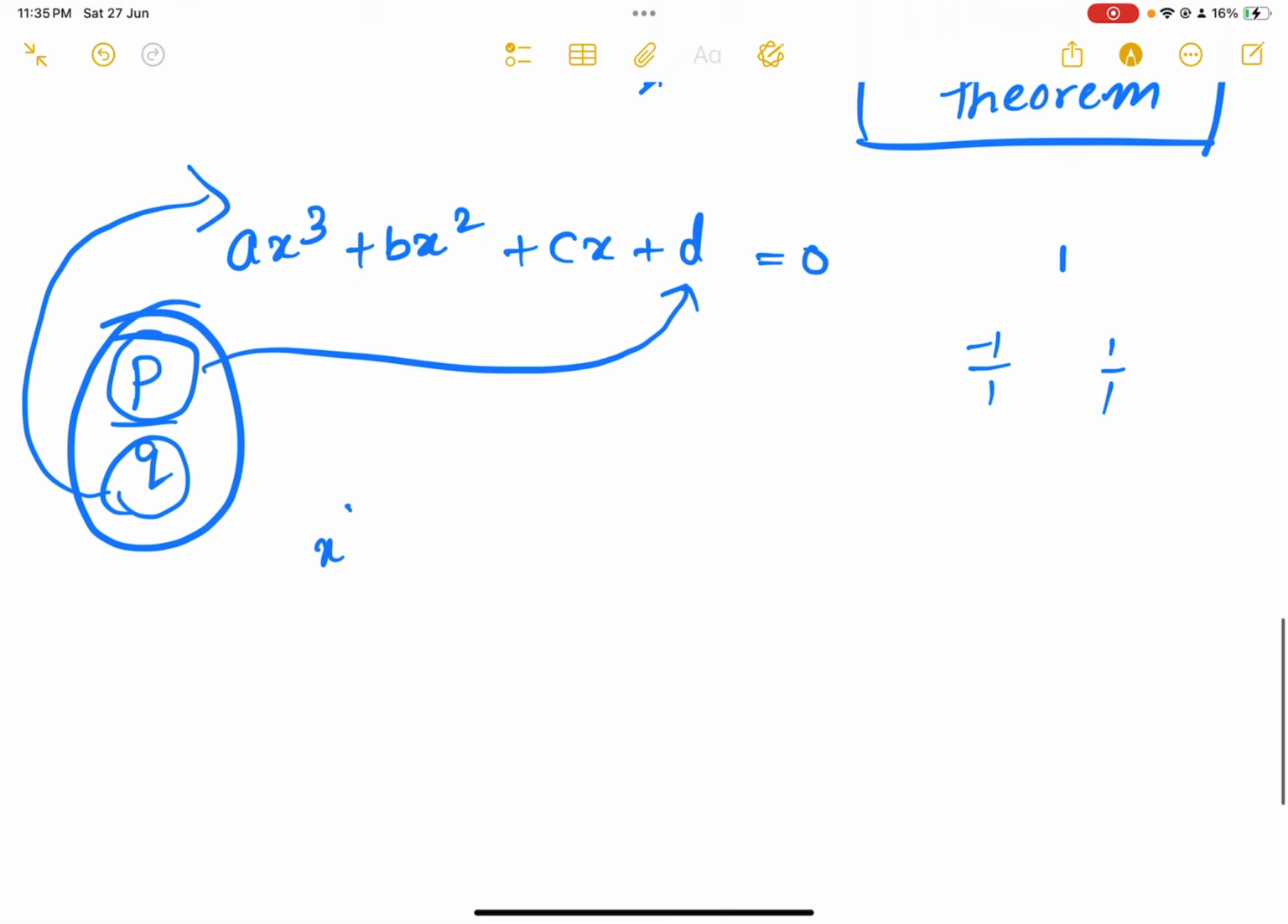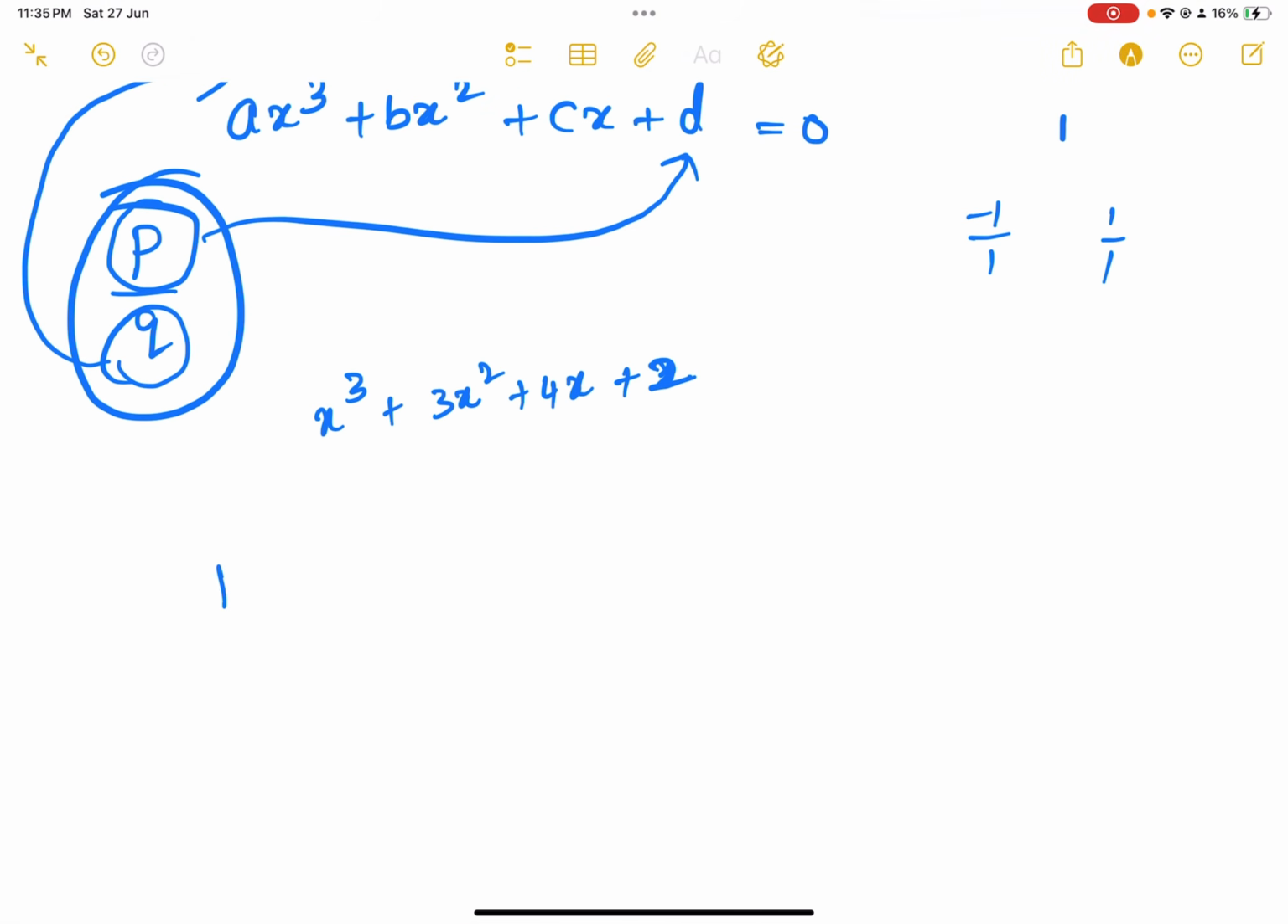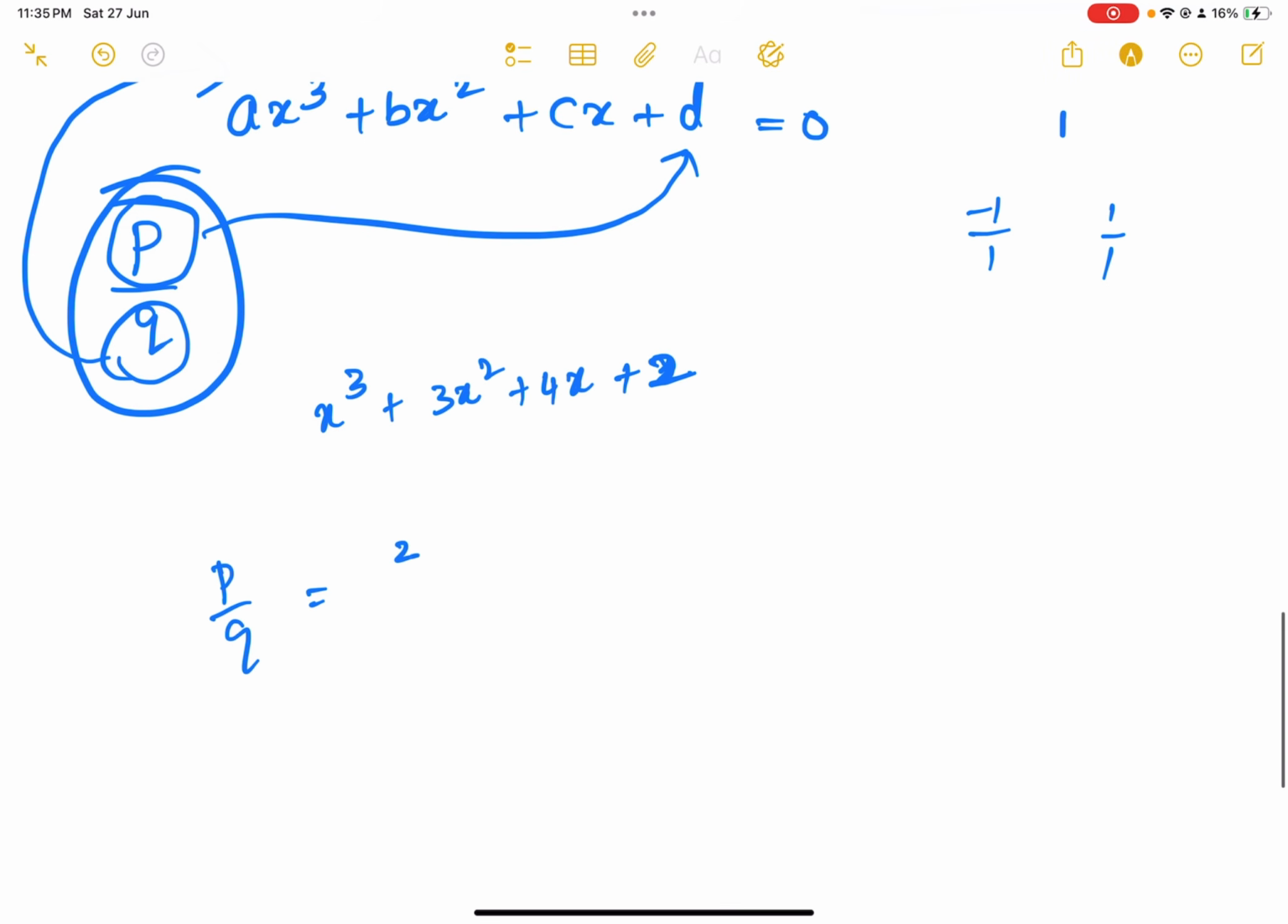So for example, let us check. Let me explain it to you for one more cubic polynomial. So let us say you have this. Then your p by q can be, so your p can be 2 or 1. So your p should divide this. It can be 2, 1 or minus 2 or minus 1. Similarly, q should divide this. So your q can be